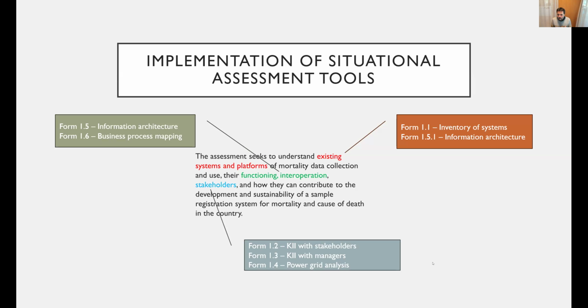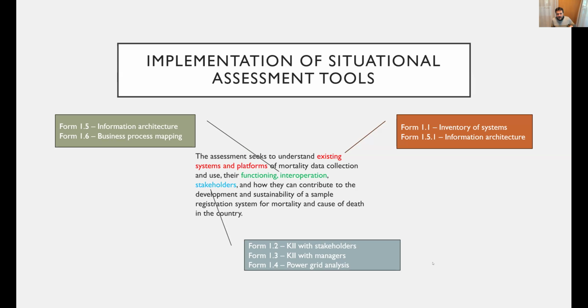So, for example, to understand the existing systems and platforms, you have Form 1.1 and Form 1.5.1 that are looking at the inventory of system collective mortality, and also an Excel file that can help you develop your information architecture. When looking at how these different systems are connected or disconnected, who is doing what, this is more related to